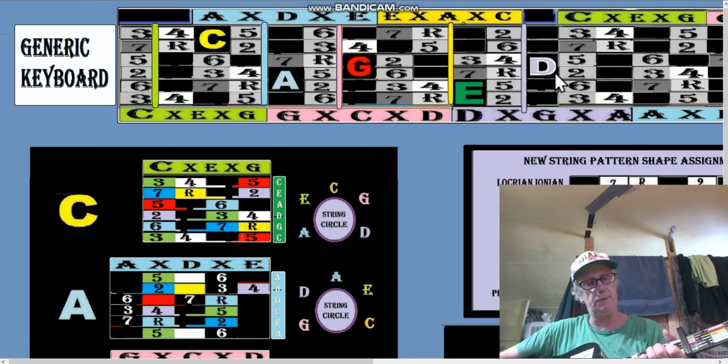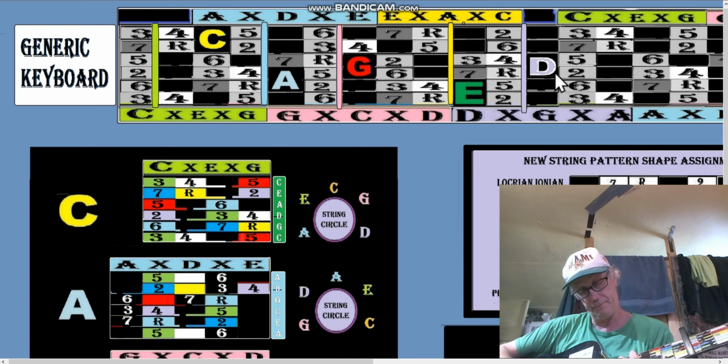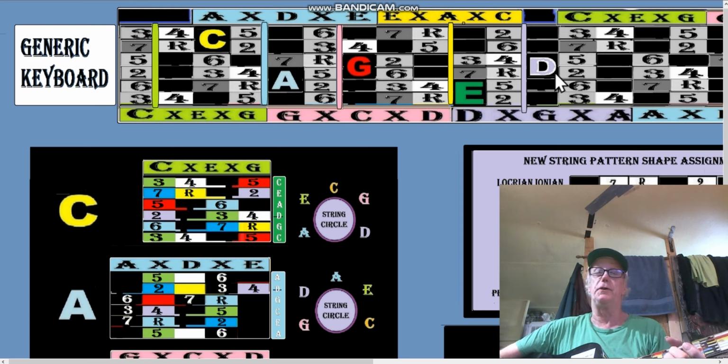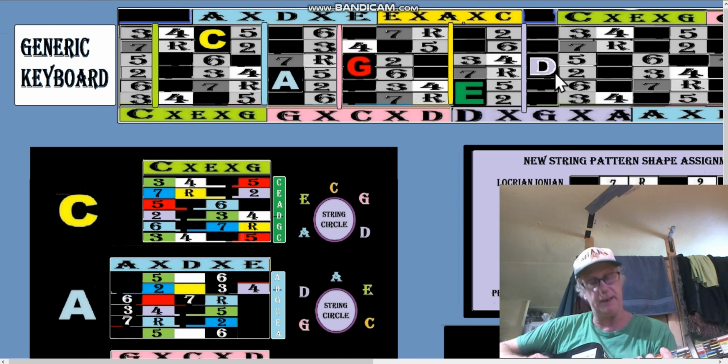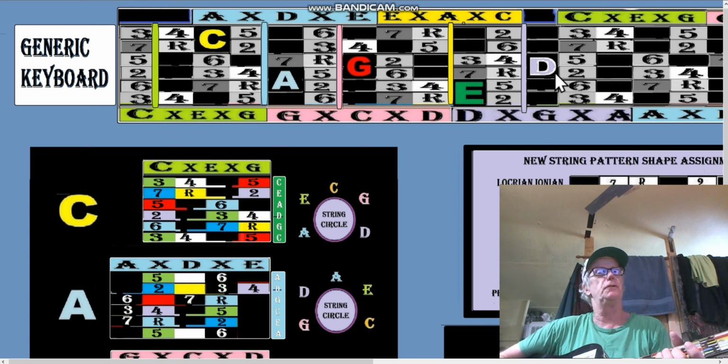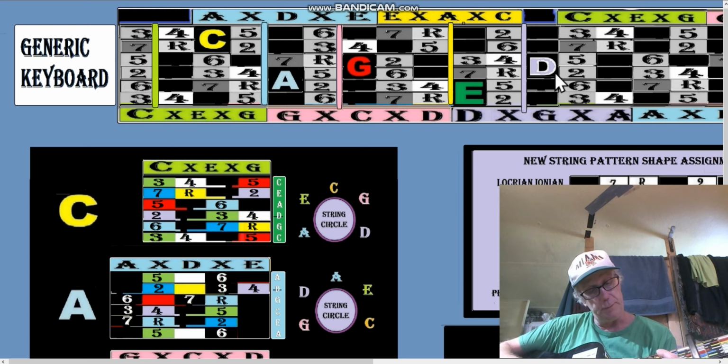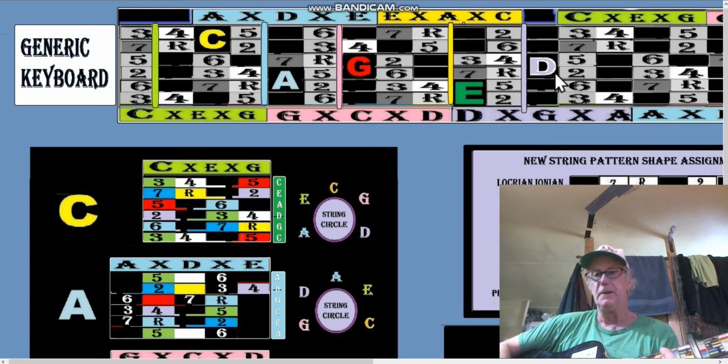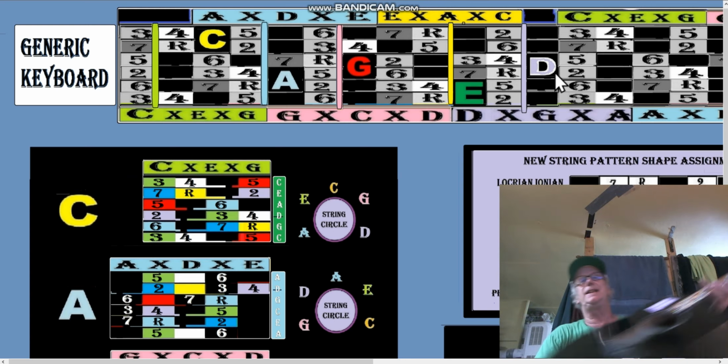So C would go to the next inversion of A, the next inversion of the G shape C. A will go to the next inversion of the G-shaped A. Okay, D will go to the next inversion of the C-shaped D, because it's always spelling CAGED, right? Over and over again. E goes to, in CAGED, the next inversion of what? E goes to D in CAGED, so it would be a D-shaped D right here. So each one of the CAGED keys has its own